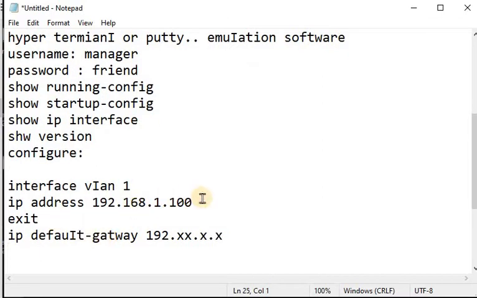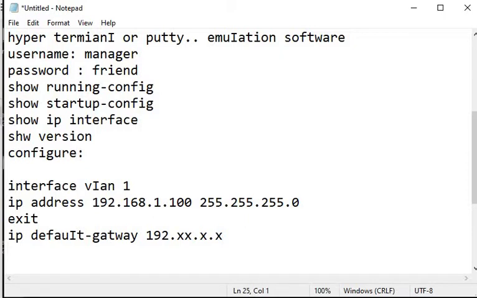Sorry, in the IP address you can either type slash 24, that's a subnet mask, or you will type 255 or whatever the subnet mask is, you will type it here.